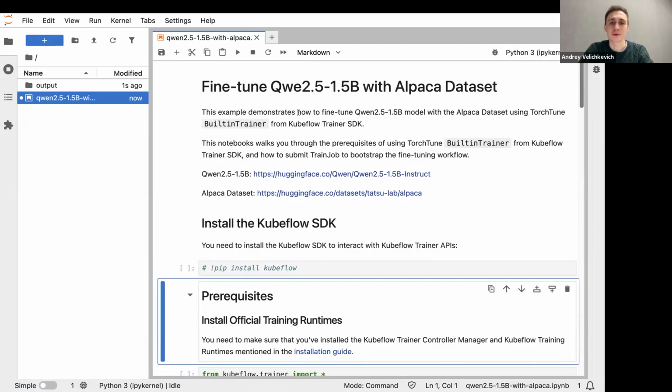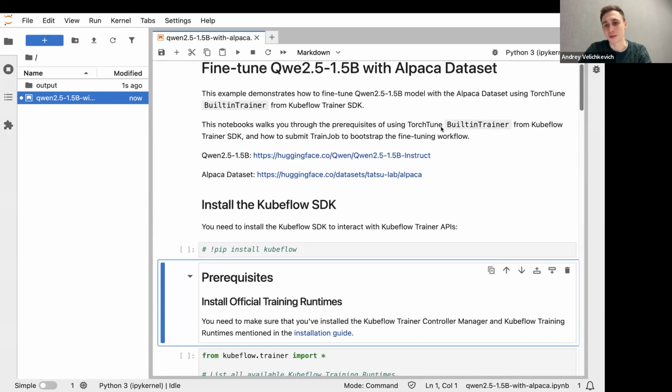Welcome everyone. In this session, we're going to show you how easy it is to fine-tune LLMs using Kubeflow SDK and BuiltinTrainer. The BuiltinTrainer is the capability of a trainer client, which allows you to fine-tune foundational models using a single line of command. And in this notebook, we're going to show you how you can fine-tune Qwen 2.5 with Alpaca dataset using the